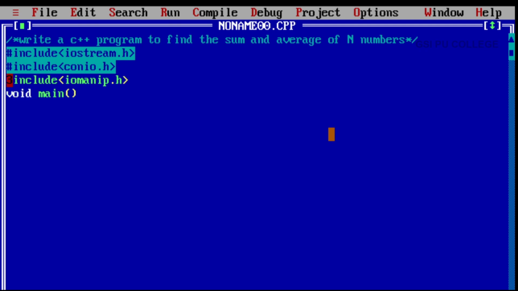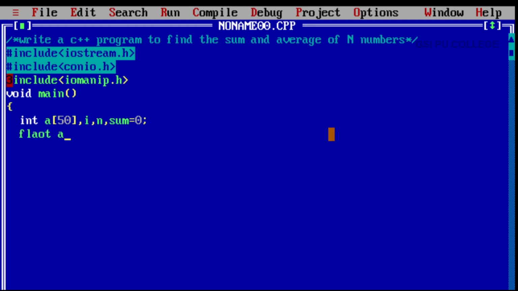In the main function, first declare the required variables. A of 50, the array size is 50. i, n, sum. Variable sum is equal to 0. I am initializing the value 0 to the variable sum.